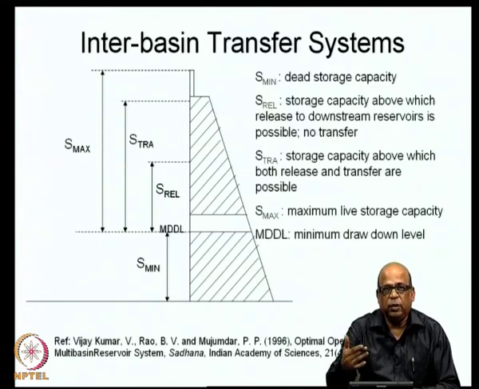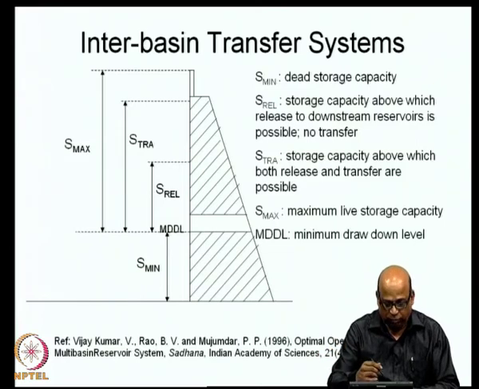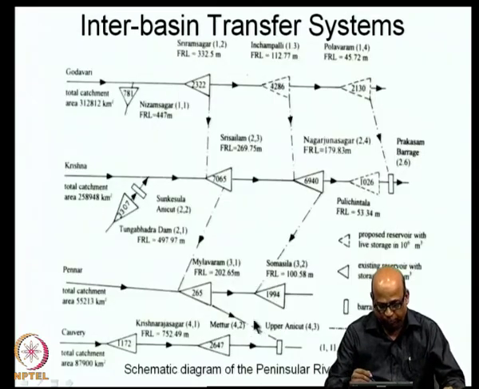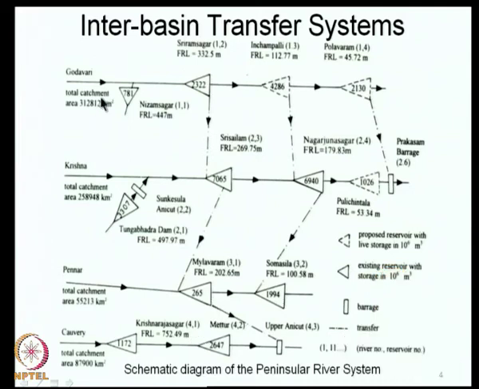That is, from one basin to another basin to another basin, you are looking at increasing the value of the water. For example, if you are looking at the downstream-most point in the Kaveri basin, if you have a deficit at these locations, and if through such transfer links you are able to meet the demands first, then can we increase the irrigation potential at these points, because you can have excess water from these points.